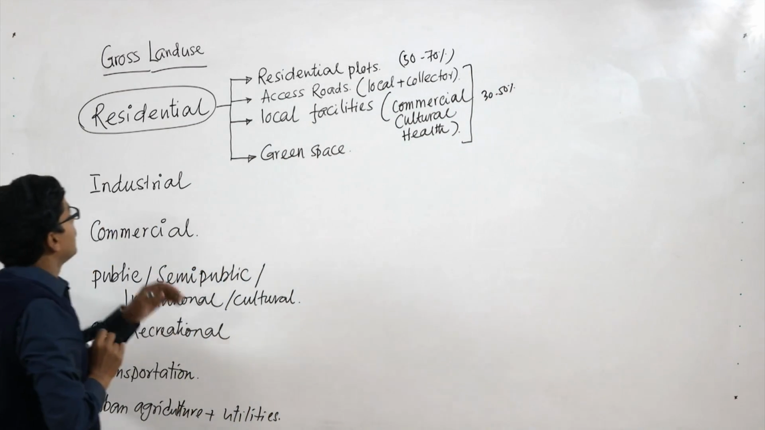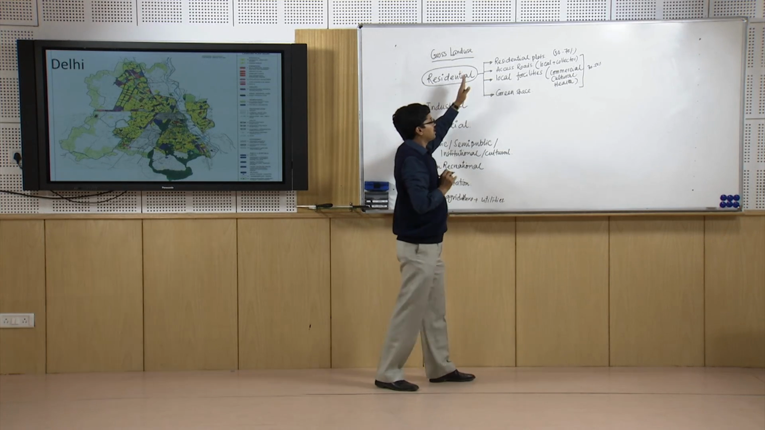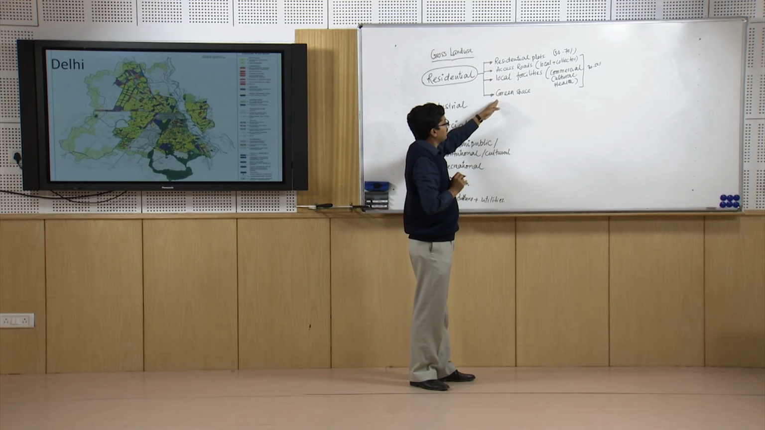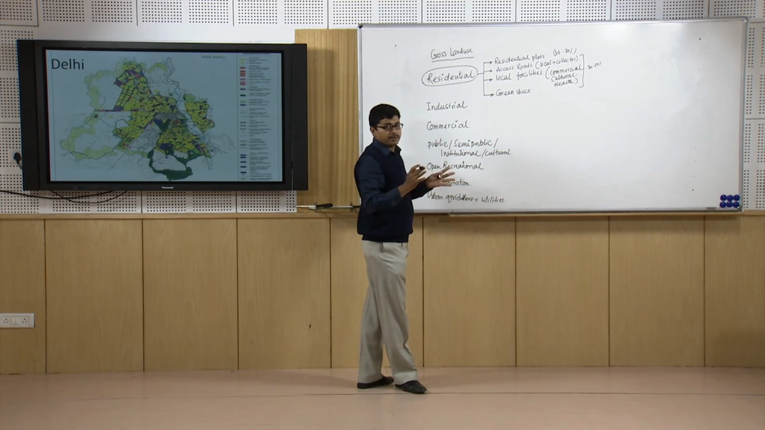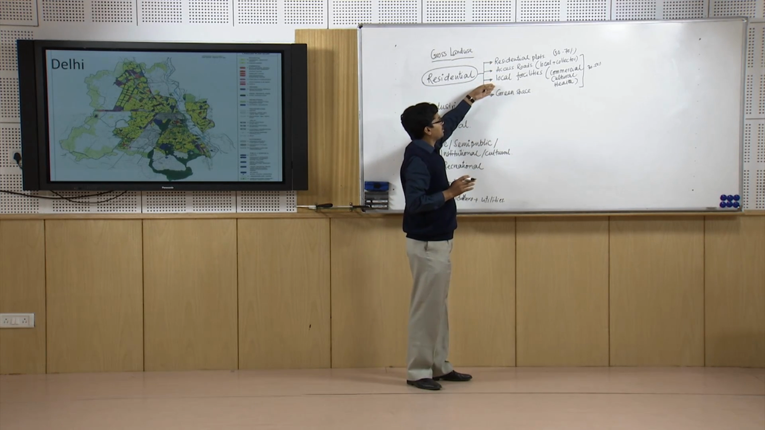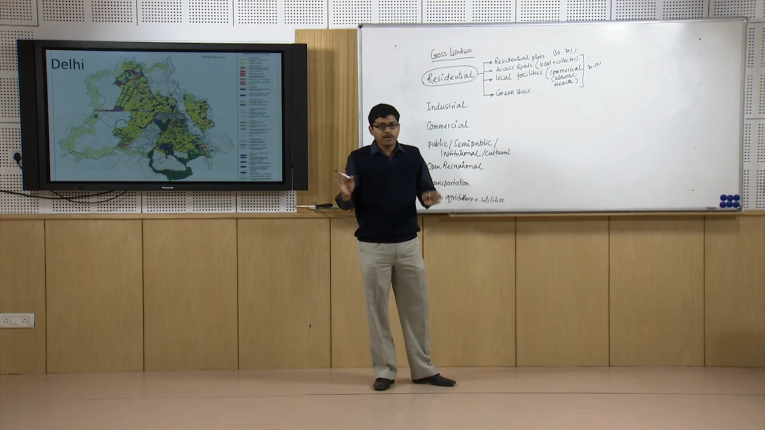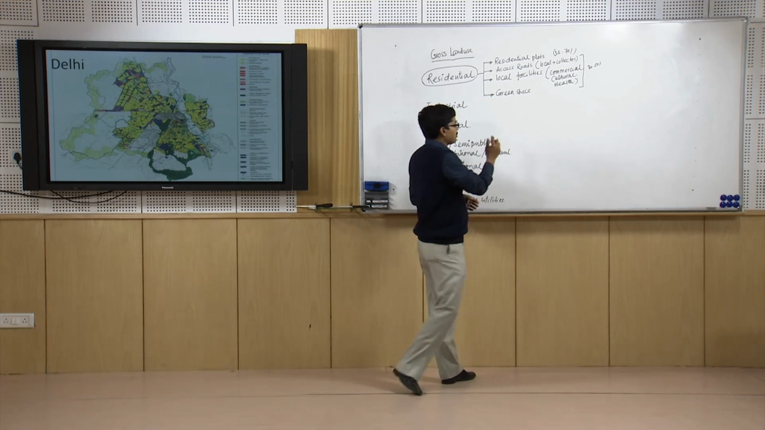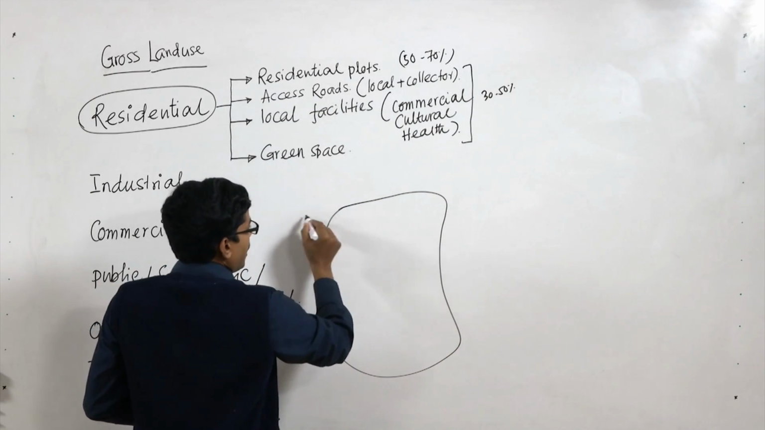So when you say gross land use, gross residential, it includes all the residential plots, the local facilities, access road and green space. And then when you develop, we have to develop the residential plots and the local facilities plots. So the gross land use which is shown in the land use plan, we have to zoom in and distribute the plots. If this is a gross land use zone and this is the road,